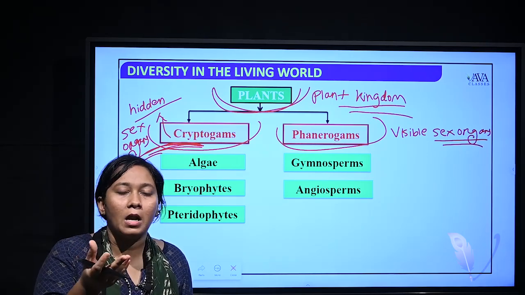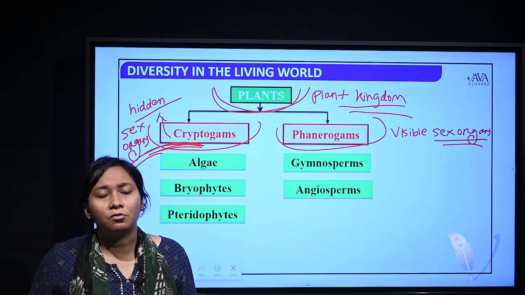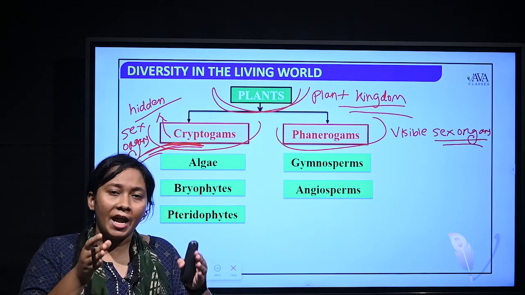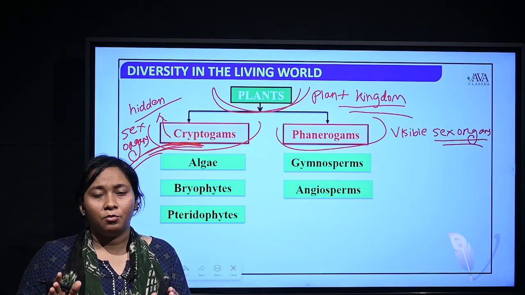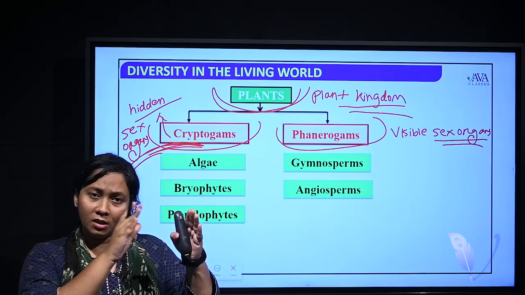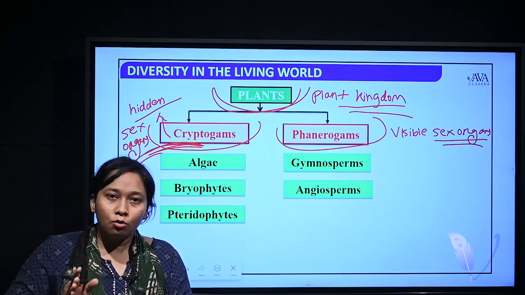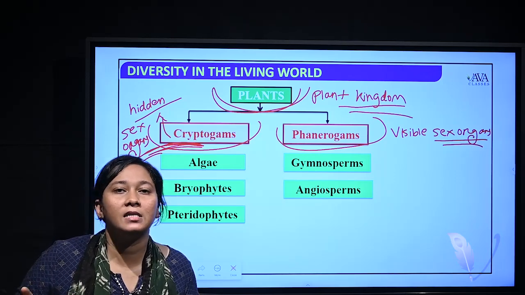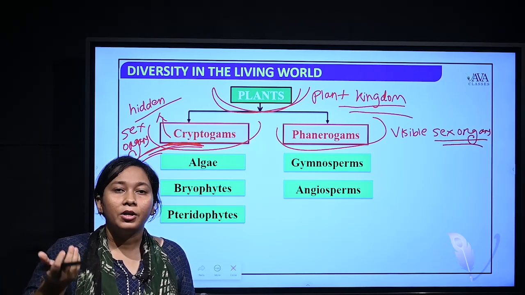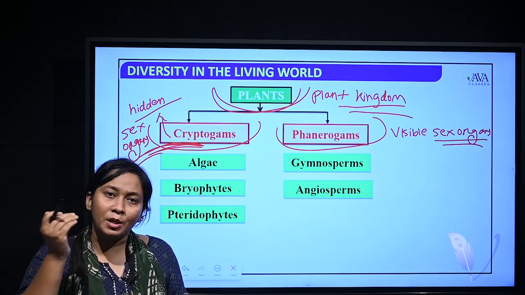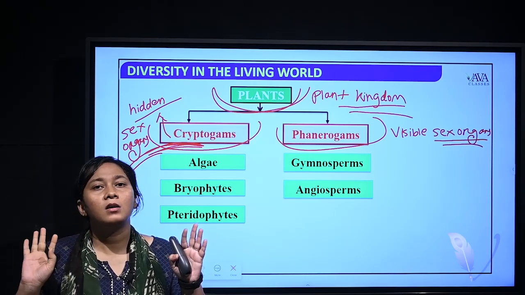When you look at a flower, you see the male reproductive organ as well as the female reproductive organ. The male reproductive organ is called the androecium, as well as the female reproductive organ is otherwise called your gynoecium. We can easily recognize the androecium part. We can easily recognize what is anther. We can easily recognize through the dissection process. We can easily recognize the female reproductive organ. We can study clearly the various parts of your gynoecium, just like your stigma, style, ovary. We can easily recognize the subparts.